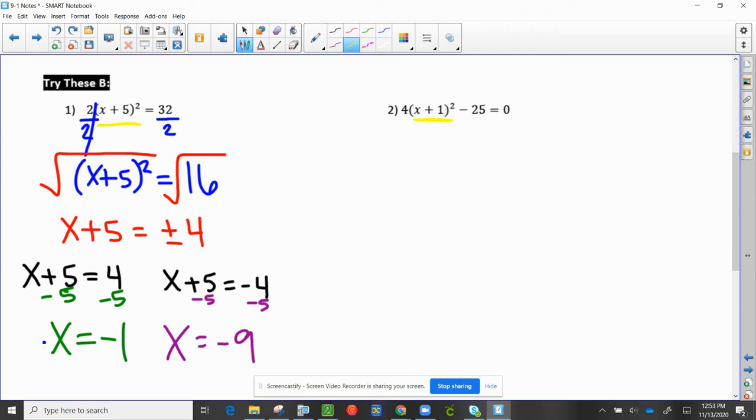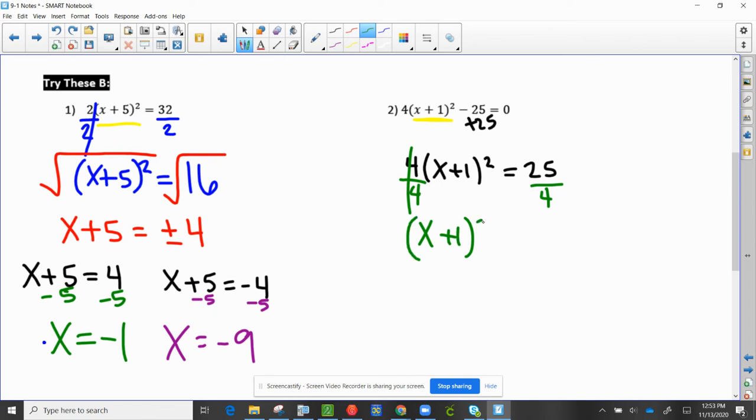So again, I need to get that squared thing by itself first. So what I'm going to do is I'm going to add the 25 over. So now that's equal to 25. And then I need to divide that 4 out in front, because again, we need the thing that's squared, the one with parentheses, by itself. So we get x plus 1 all squared equal to this fraction. And again, fight the urge to kind of simplify this fraction. Just leave it alone, because I see that 25 and 4 are perfect squares. So that means when I square root both sides,